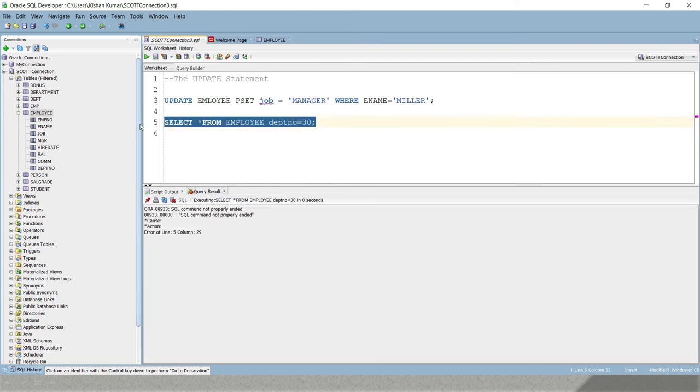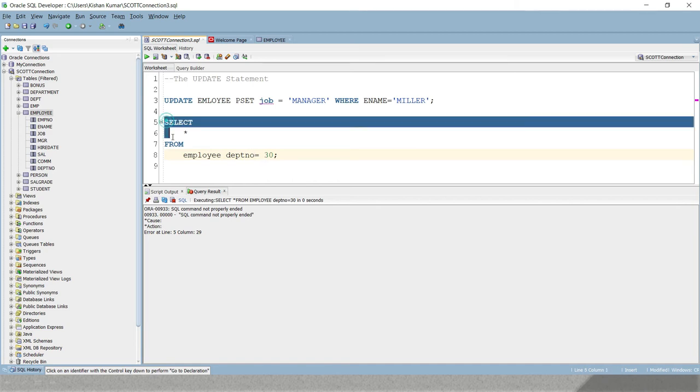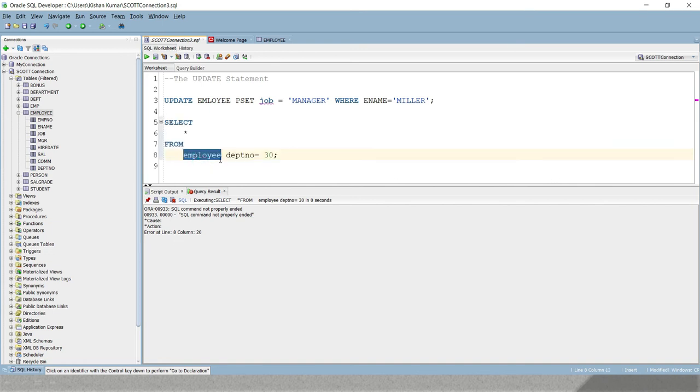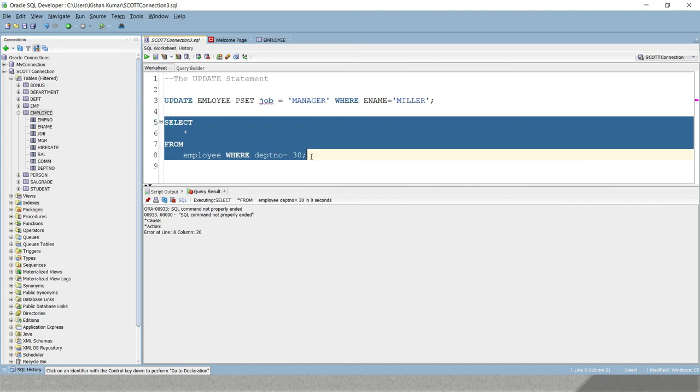Now if I run, what's the problem? Let me format select employee department number equals to 30. So if I run, then it's saying that there is a problem in line number 8. Okay, I haven't given the where clause, right? So if I select all the employees